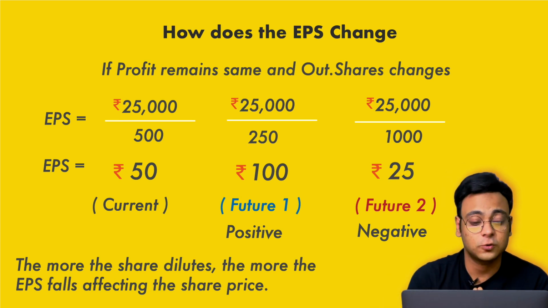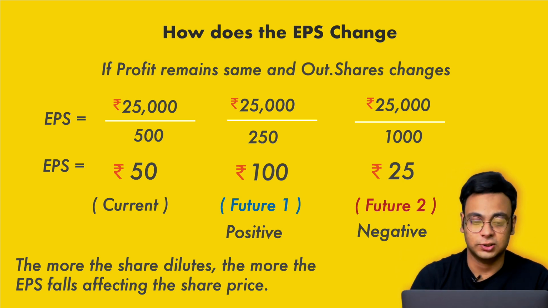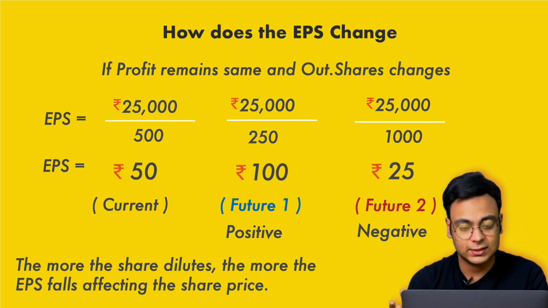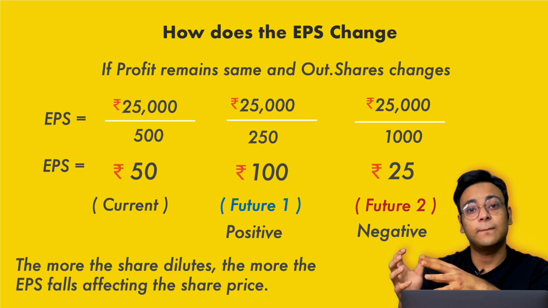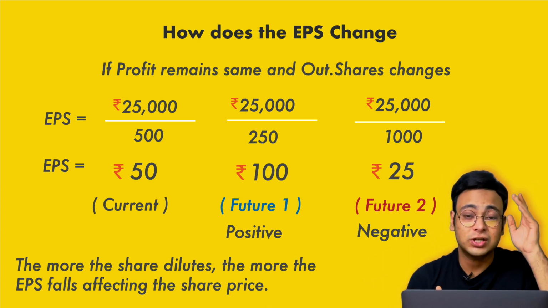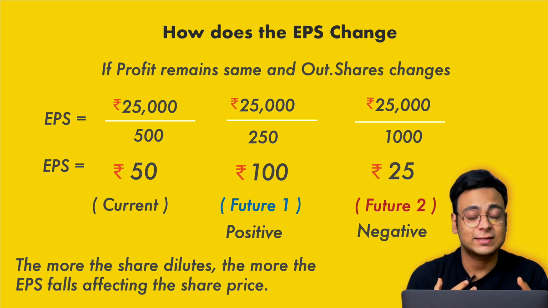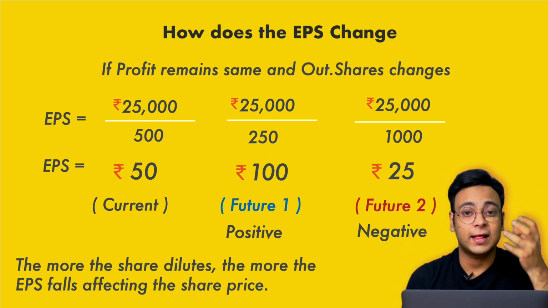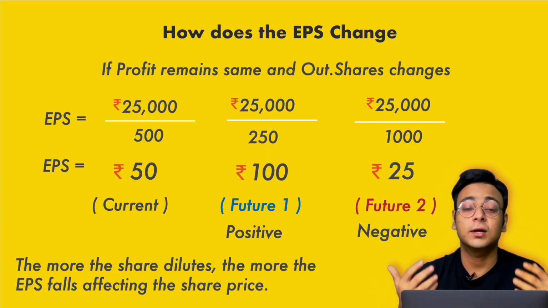Now let's look at a situation where the company's profit remains the same, but the share capital changes. The first case is the same, where the EPS is 50 rupees. In the next scenario, we see that the company had a buyback, where the company's shares were bought back, hence share capital reduced, which is a very good sign. A buyback is a very good sign for analysis, which means the company is so confident that they are buying shares from the market at the market price and keeping them with themselves so that they don't have to distribute profit to the investors.